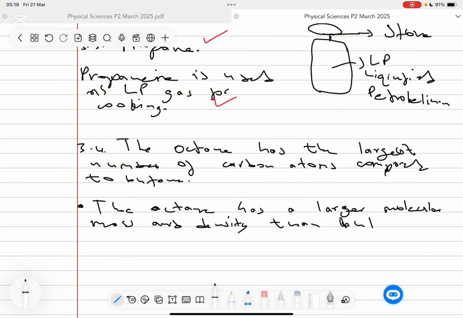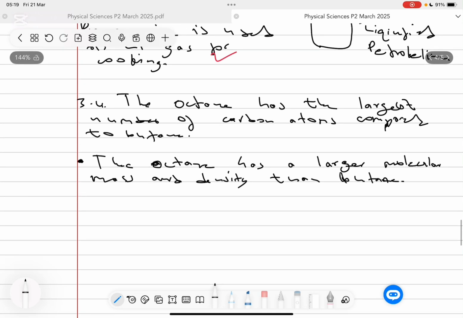When you go to the periodic table and calculate the molecular mass of octane, you would see that octane would have a much larger value of molecular mass than butane has. And even the density of octane, because it has a large mass, will be higher. Now, all this information that I've written so far means that the van der Waals forces,